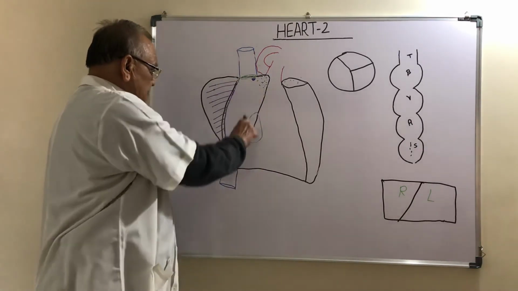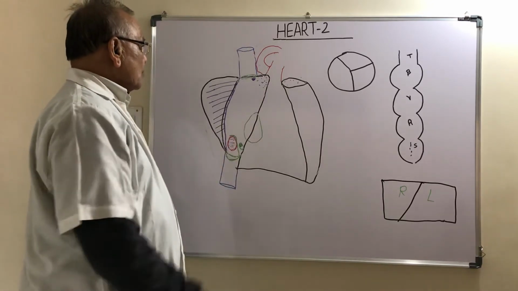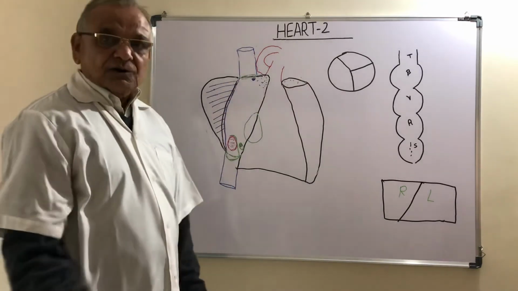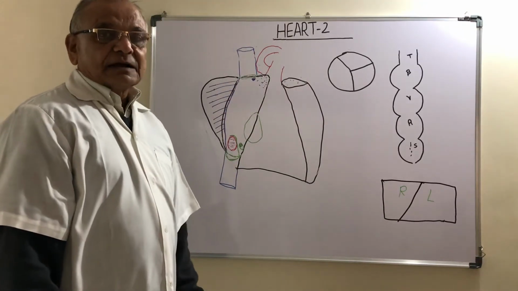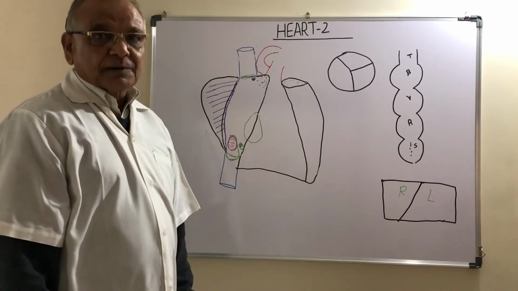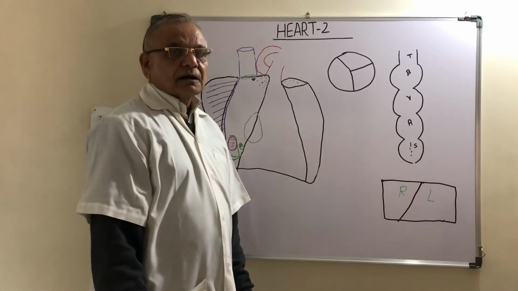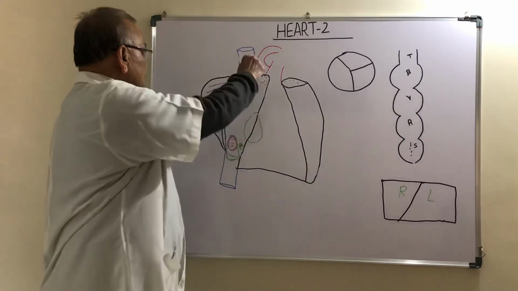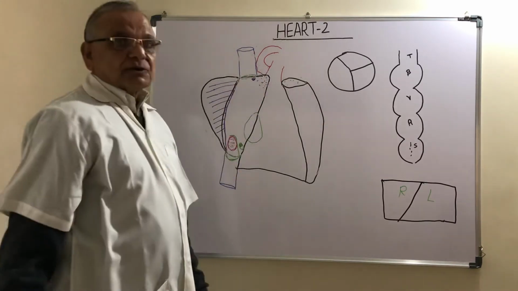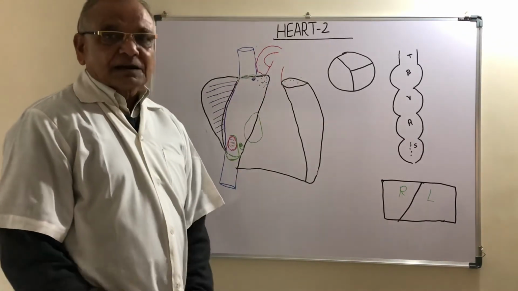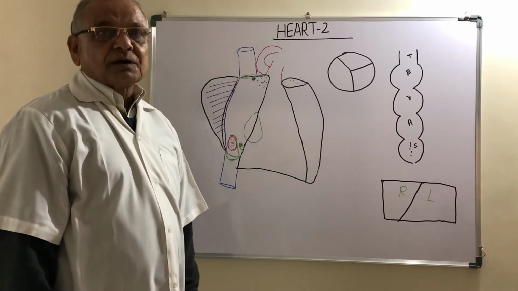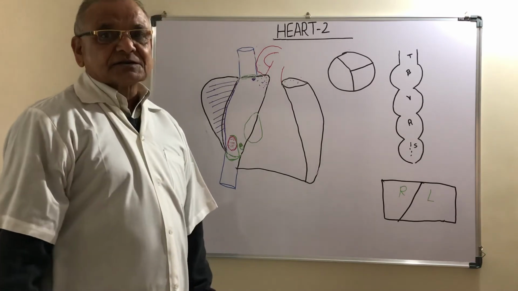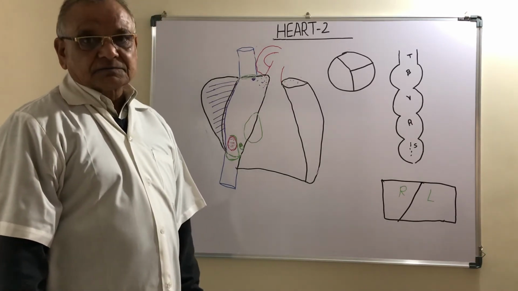Now we come to the posterior part. In the upper portion of the posterior part, there is the opening of superior vena cava. I told you that superior vena cava carries deoxygenated blood from roughly above the diaphragm, from head and neck, brain, upper limb, and the thorax. Now this opening of superior vena cava is not guarded by any valve, because it carries the blood into the right atrium in the direction of gravity, so it is not guarded by any valve.